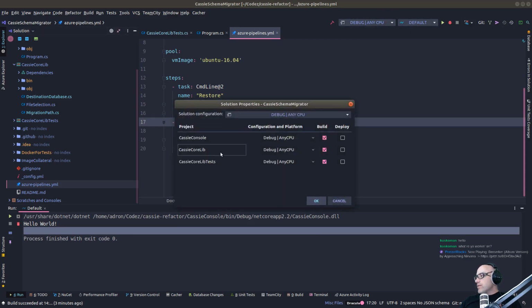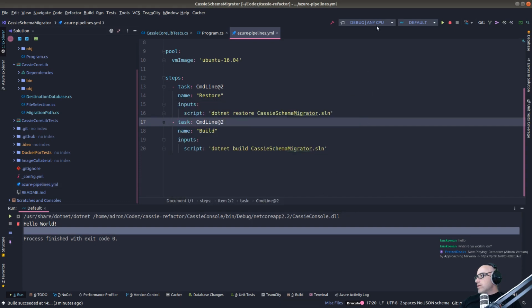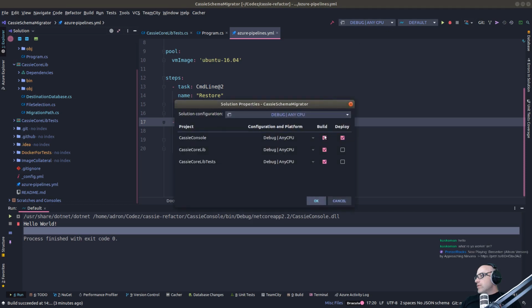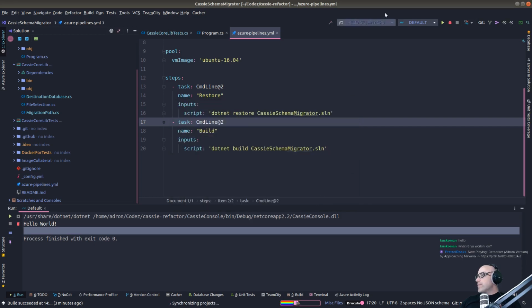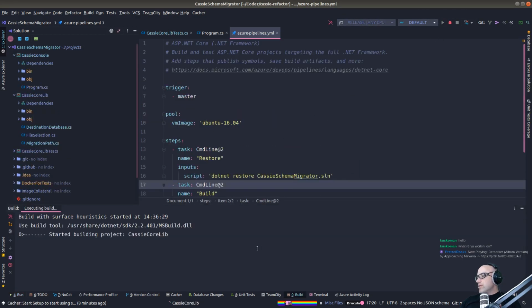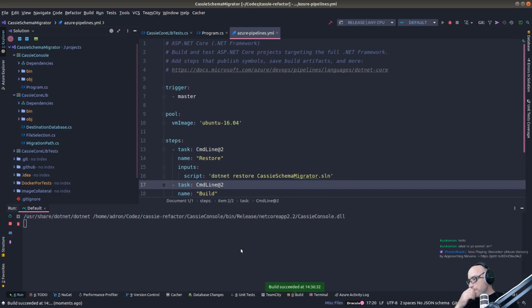All right, Cassie console lib. Ah, here we go. Okay, I want to do this as a deploy. Oh, this is the debug, and then release. I do deploy. And for debug, yeah, we'll leave it for both. All right, so let's do a release build. So now,